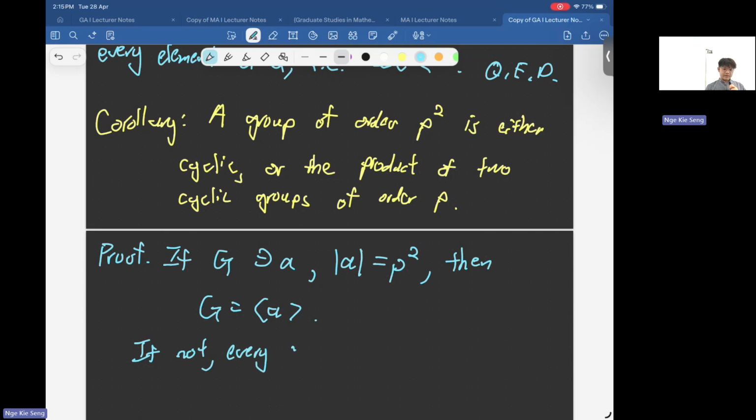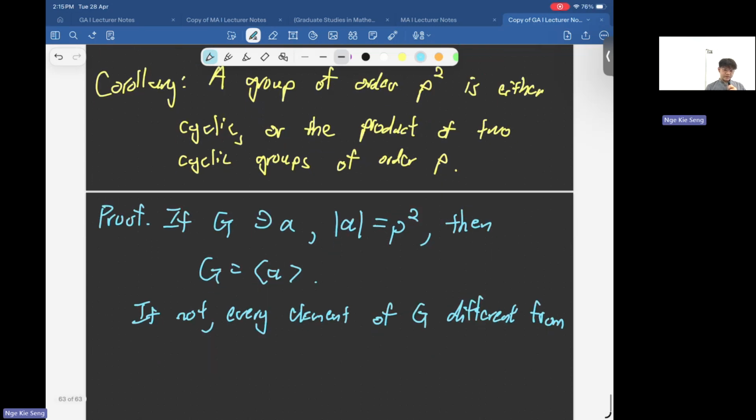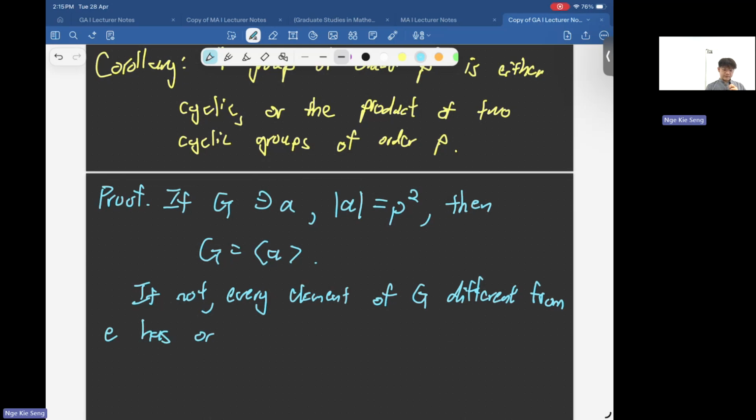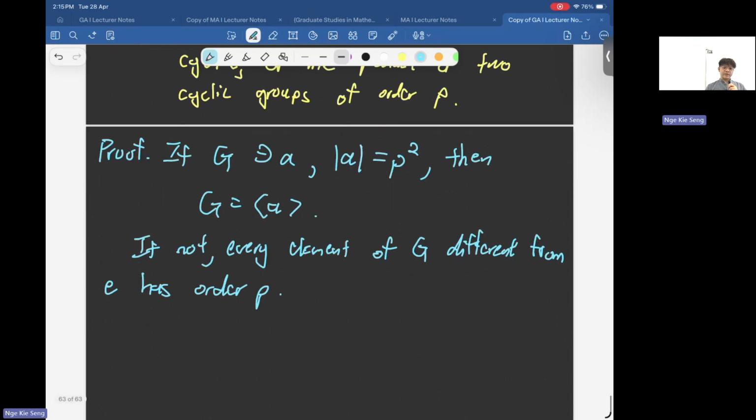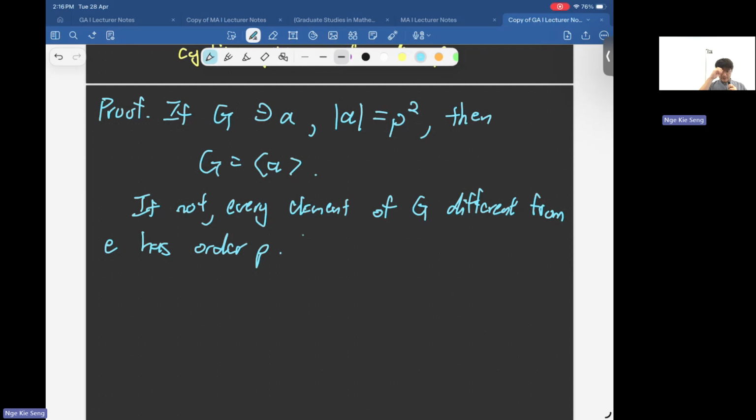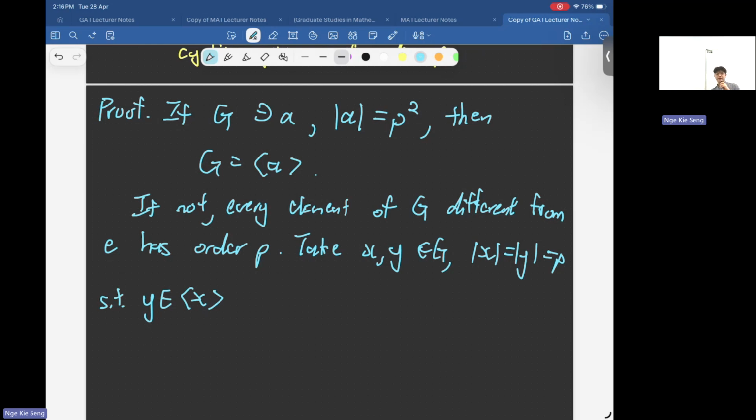then every element of G that is different from identity should have order P. So then how do you form this group? You just take any x, y in G such that their order is P. And definitely you can find this y not in the subgroup of x. Otherwise, you don't have so many P square elements there. So then